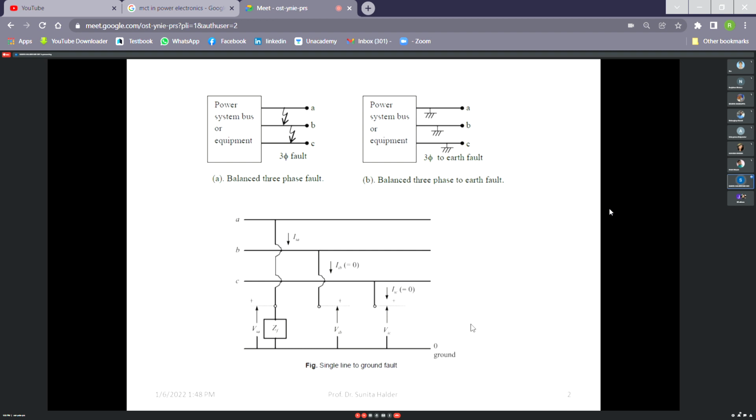So fault calculation does not mean you have to identify the faulty part of the power system. Fault calculation is at first required to identify the faulty section of the power system and disconnect it from the healthy system, so that the healthy system can continue. Then the fault will be identified and repaired, which is called clearing it, and then we shall connect it back.